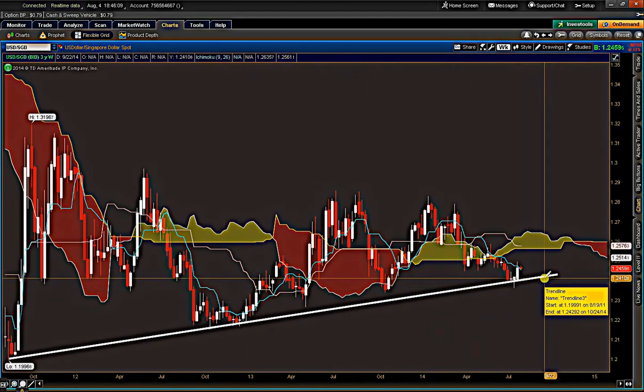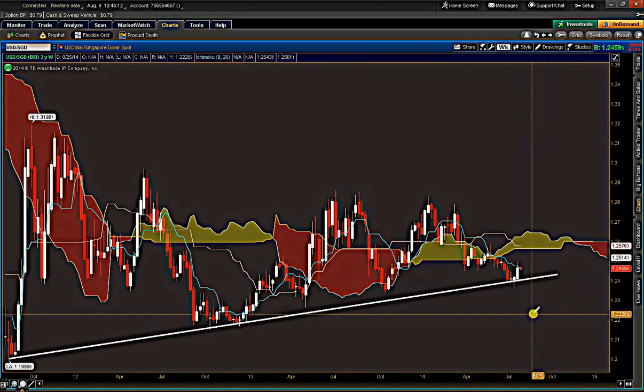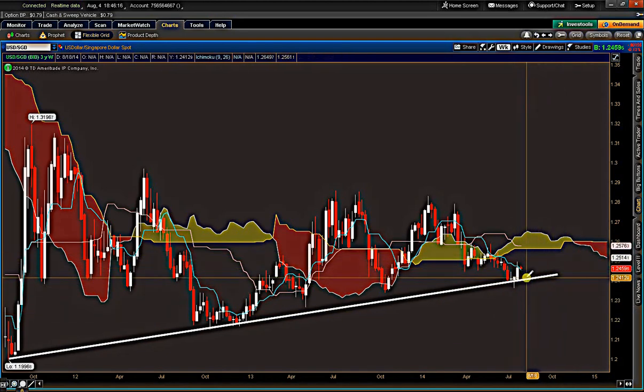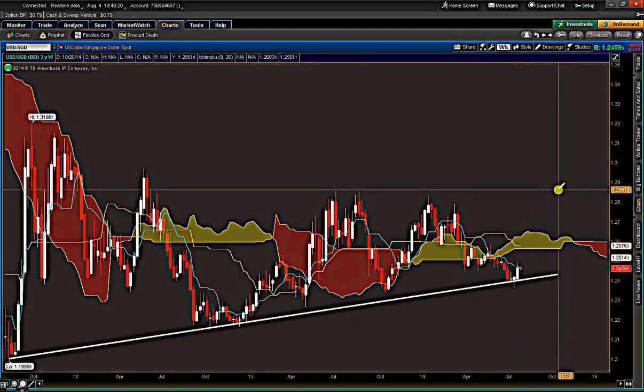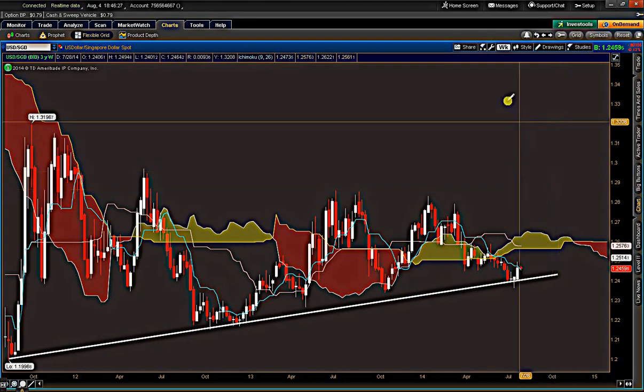So you see how with dollar CAD we had that supporting trend line. You pretty much have the same thing here with dollar Singapore dollar. Now, with dollar Singapore dollar, price is a little closer. The trend line is at 1.24, some 59 pips lower than where price action currently is. So if we get that break below, then all that means is